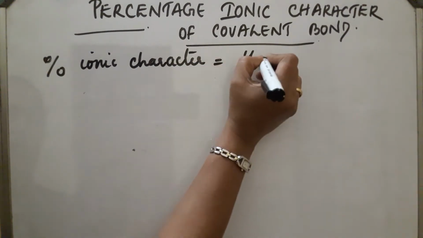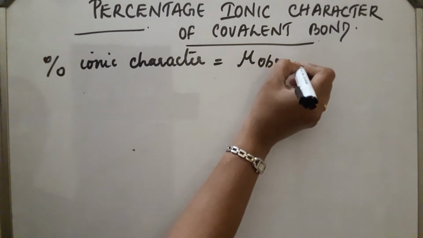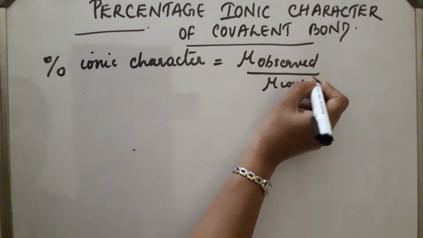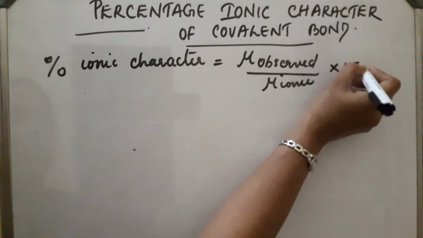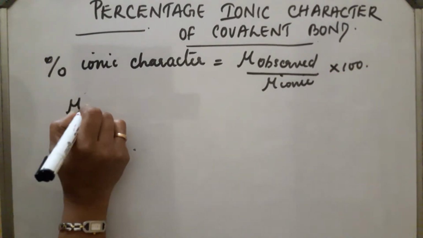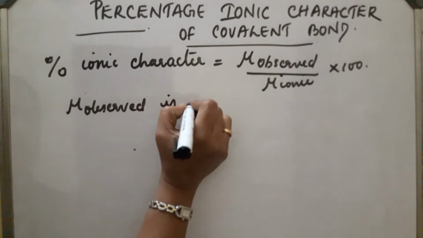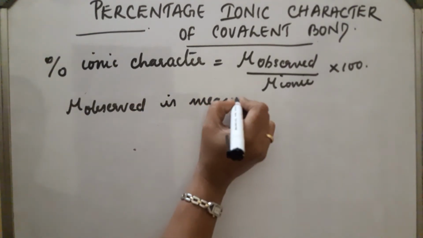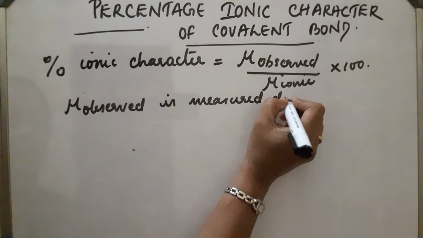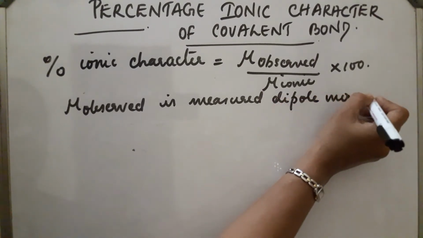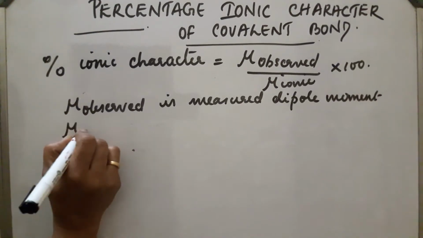equal to mu observed by mu ionic into 100, where mu observed is the measured dipole moment, and mu ionic